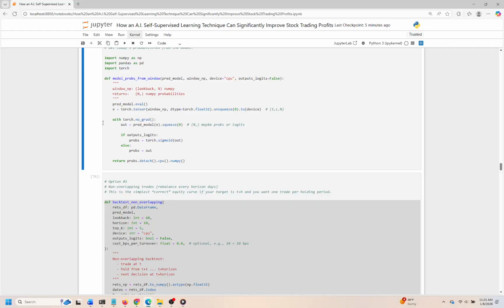The output, regardless of the format, is then detached from the computational graph and converted back into a NumPy array for easier use in subsequent analyses. This step often signifies that we want to utilize these probabilities outside the realm of PyTorch, perhaps for visualization or